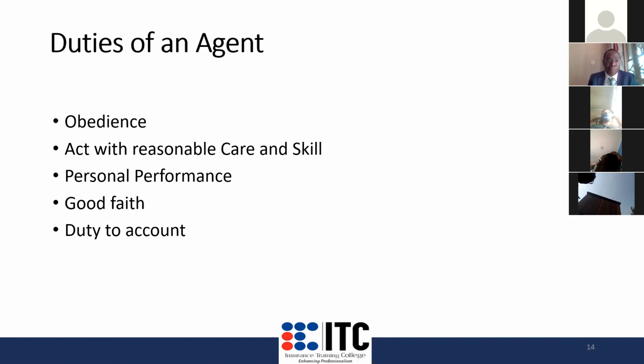In this kind of duty, we expect you to exercise the skills of an agent in your profession. If you're a broker, we expect you to do what a broker is expected to do. So every skill, this is the reason why you guys are here. You're here to get this knowledge and to go with it in your field. As you start selling, you need to understand how to exercise this skill,